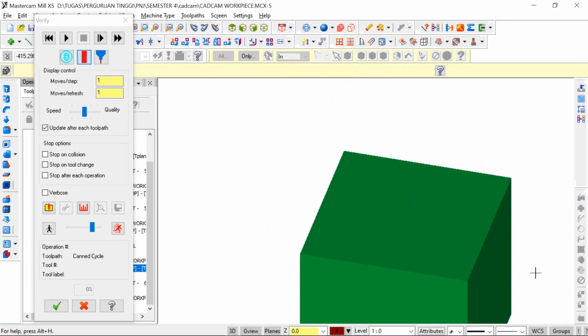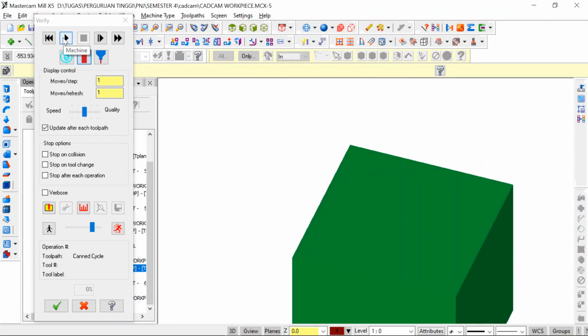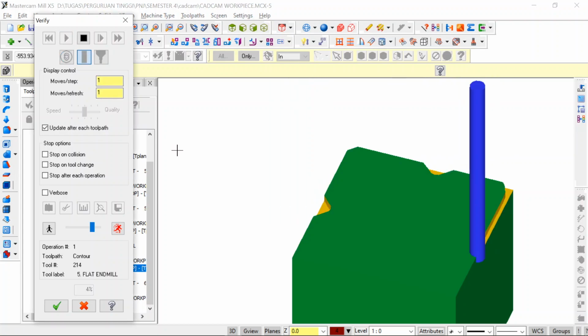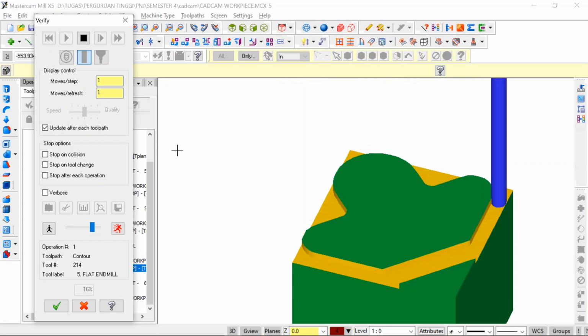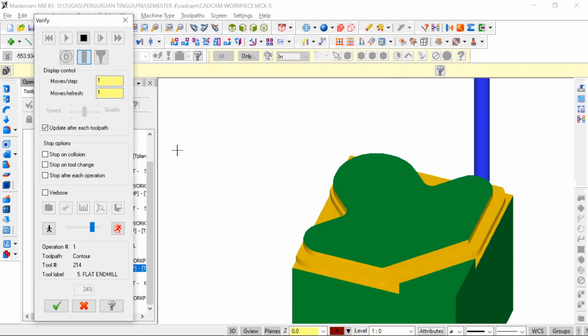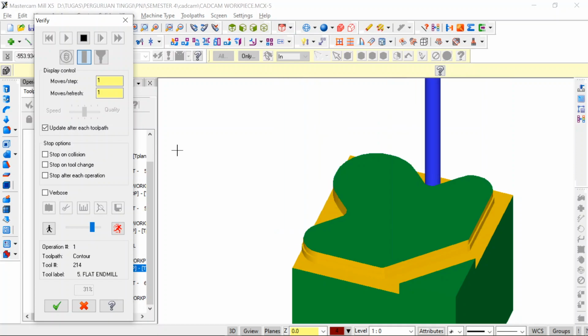Okay, we can see from here, and then we play. This is the first operation, contouring the outer region of the workpiece, roughing cuts, and then after that the machine will do the finishing cuts, so the surface will be flat and smooth.